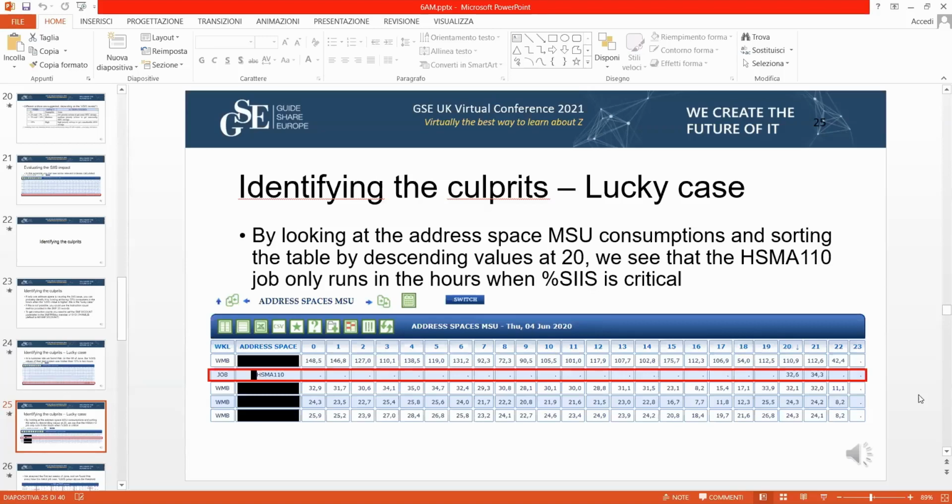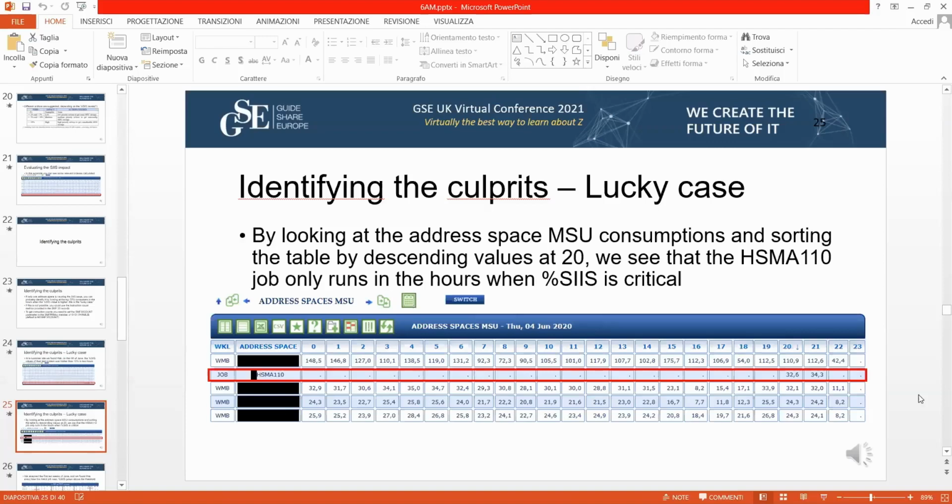But you see that there was a batch job and then HSM A110 that at 8 and 9 o'clock in the evening was using a lot of MSU. Now, this table here is showing the MSU at the address space level.